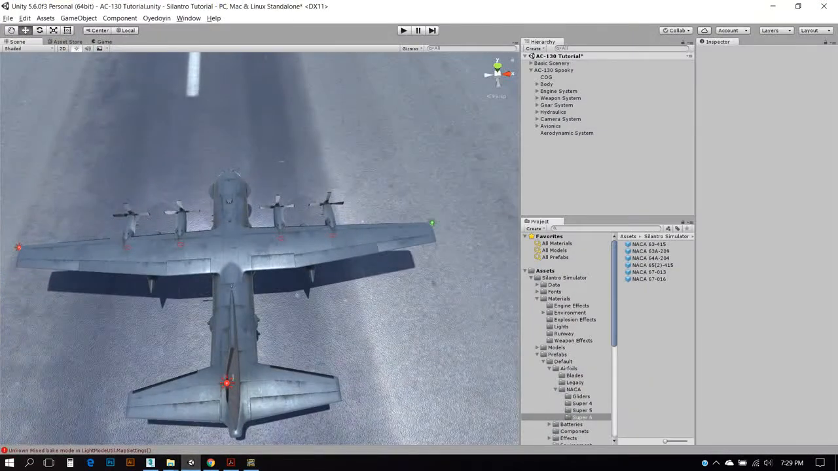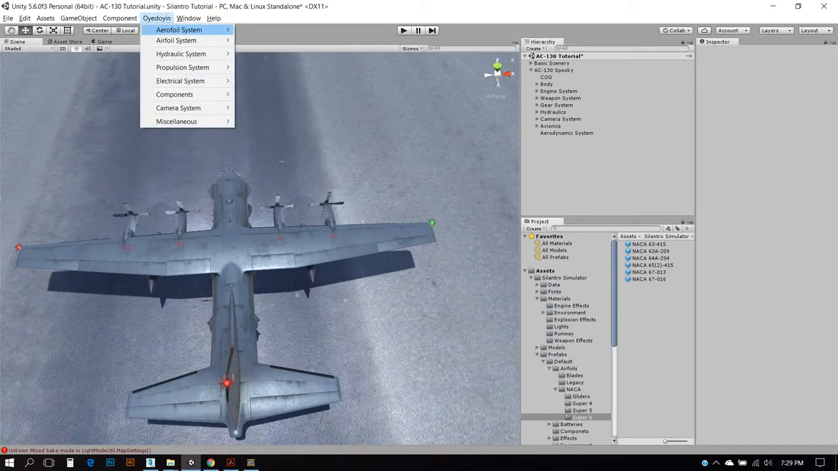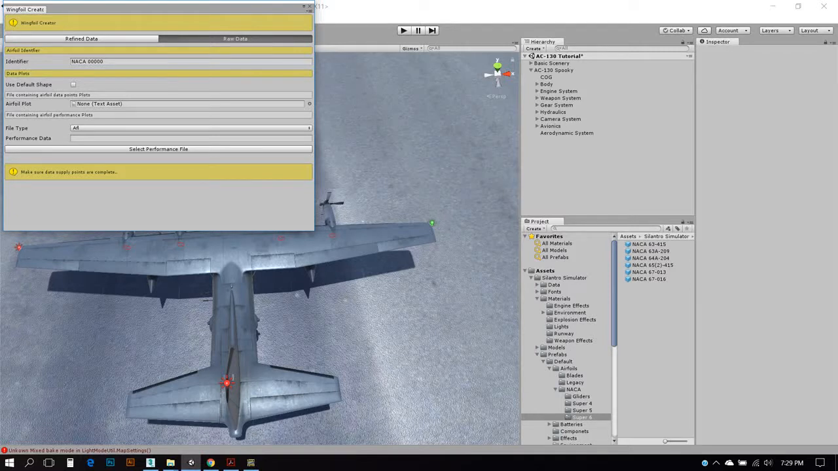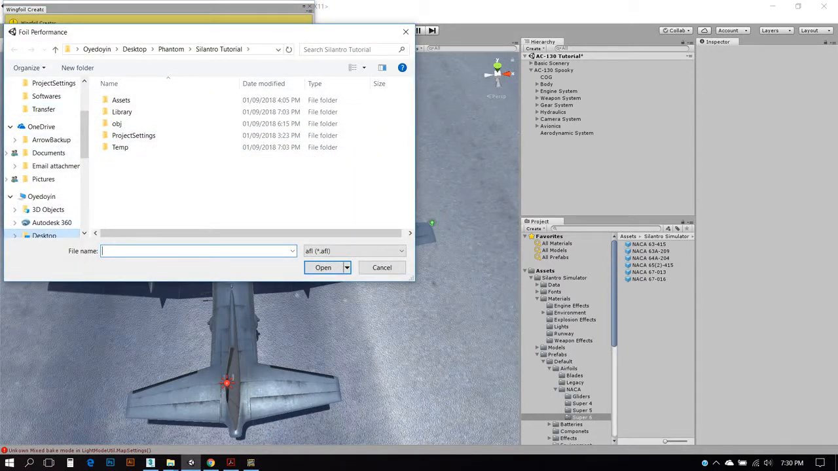so I go back to Unity. Then I go to my menu, wing form, then I go to create. So I'll create from raw data because I've not adjusted any of the values or variables in Microsoft Excel. So the first one I'm going to be creating is the wing airfoil, which is 64A318. So let me use default shape since I'm not really interested in the shape. Then I select the performance file. I go to my desktop, airfoils, plots,